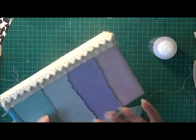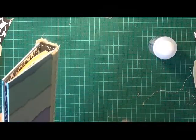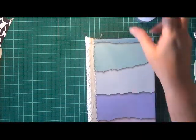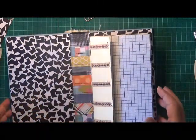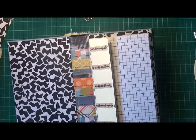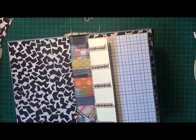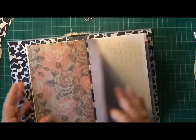Okay, so that's it. Wow, I can't believe I've done all of that at once. See, I've got more glue on this side too now. Okay, let's just wipe this down and get rid of some of these strands of glue and everything there. Alright, so that's it, guys. There's that journal with that experimental spine that Marije, I don't know, I can't pronounce her name. I'm so sorry for that, sweetie. I really am. Okay, so that's it, and there's all the signatures and the papers in it,